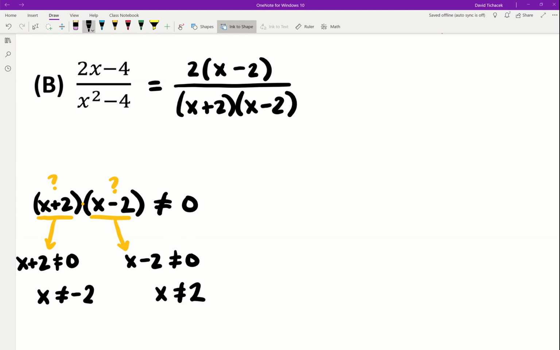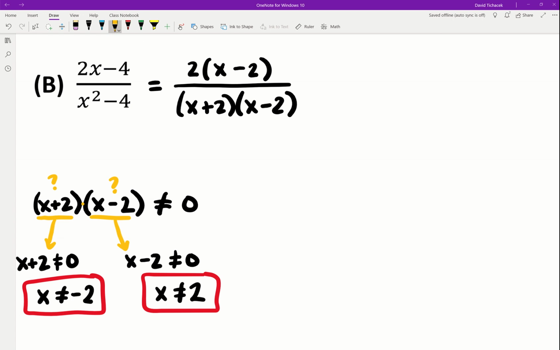So those represent some restrictions on the domain here, meaning that I could go back to my original expression and plug in anything that I want. I just can't plug in negative 2 or positive 2, okay? And again, you want to do that before you do this canceling step, because now we are going to proceed to the canceling step